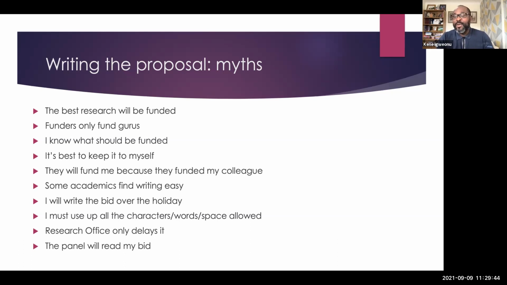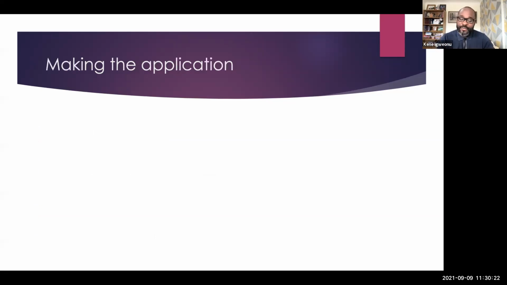This last one, as somebody that sits on the panel that looks at these bids: the panel will read your bid, but not in the kind of detail that you presume they will read it. So how you start your bid is really very important. It sounds like heresy, but actually the people who are reviewing your bids are very busy people. So it's really important that you write your bid in a way that encourages reading. If they start reading and it doesn't encourage reading because it's not easy to read or not interesting enough, you'll find that they don't actually take the time to read the rest of your work. So the first few sentences in your proposal are really important.